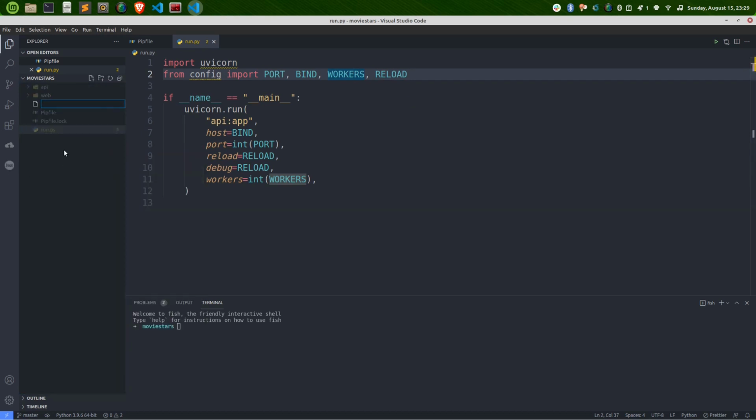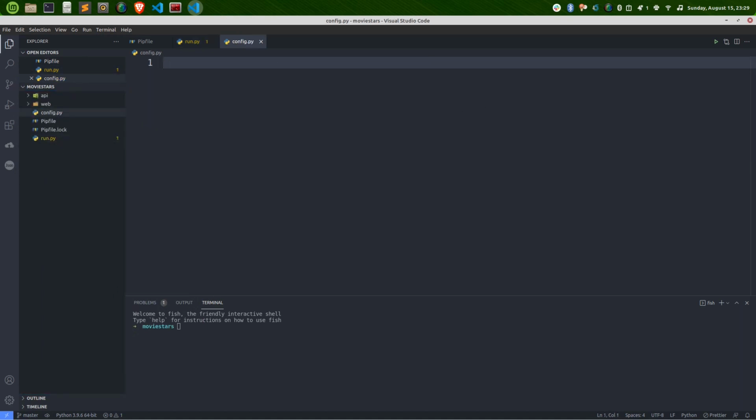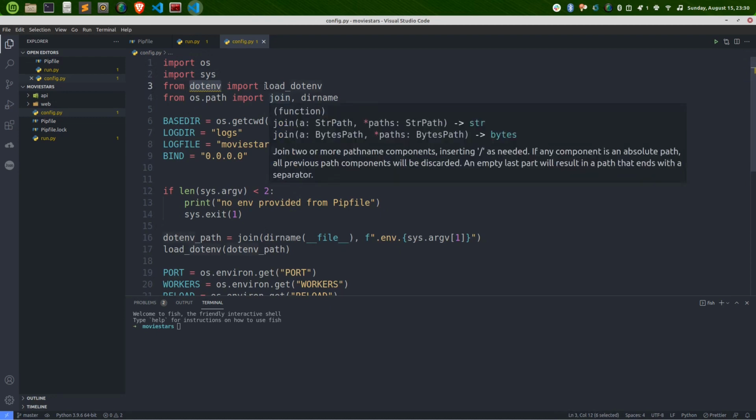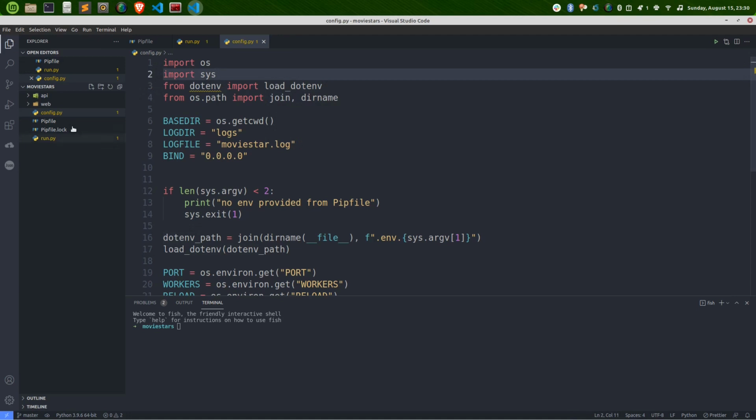Okay, so here we're going to create a file called config. That's where we're going to import this stuff from. And for config, I am going to paste this, and I'll go through what this does. So here we're just going to import a couple of modules. We're going to import a module called dotenv. This is so we can import environment files, and this is very important in development. And this is part of the